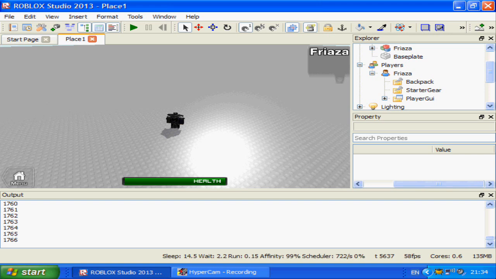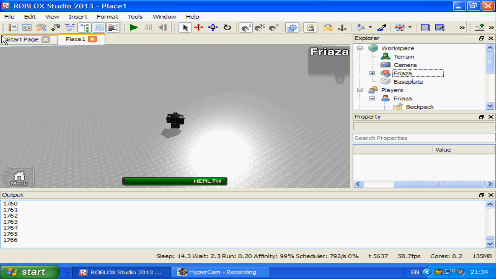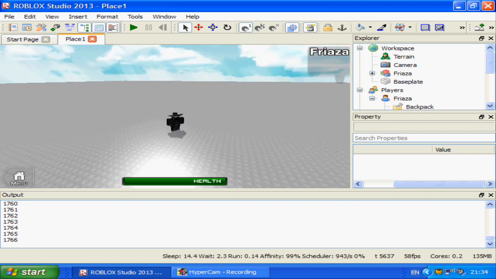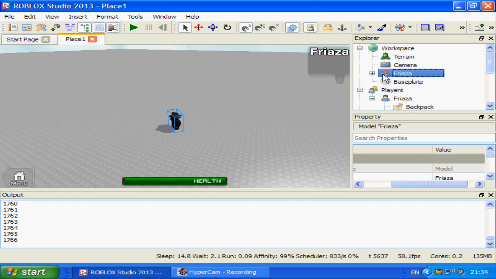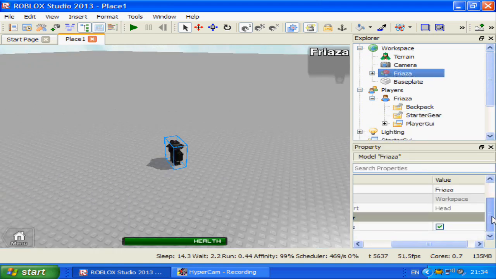Hey, it's Friaza here, and today I'm going to show you how to make an NPC which follows and attacks you when you instigate a battle with it, using ROBLOX Lua and ROBLOX Studio 2013. First you want to open up edit mode or build mode, preferably build mode so that you can be chased. And we'll want to start with a base NPC, so I'm going to go into workspace here